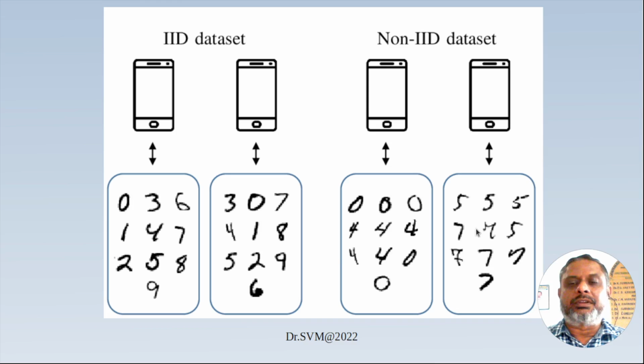The distribution is totally different, so they are not identical in distribution. That's what we can explain about IID dataset and non-IID dataset. And most commonly, we are working with IID datasets for our